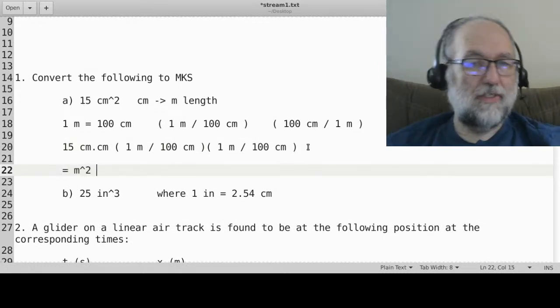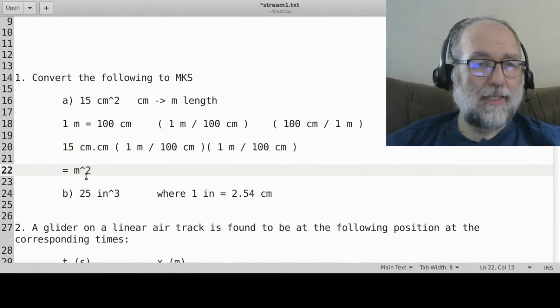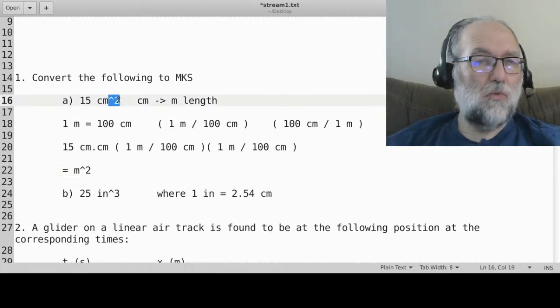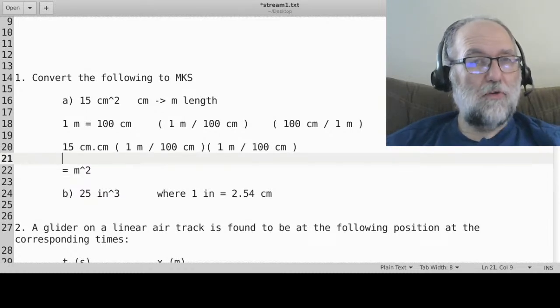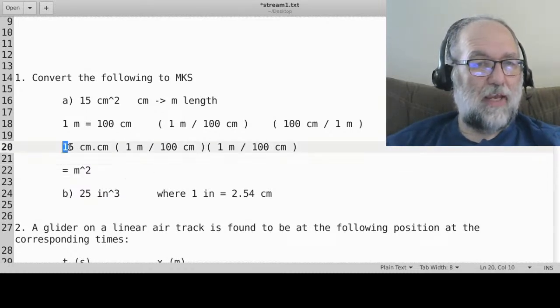Okay, I'll write in the number in just a second, but it has to come out in meters squared because the original was in centimeters squared. Basically, this whole problem is a length squared. So whatever the units are at the end, they have to be a length squared. Okay, so if you just divide 15 by 100 and then divide by 100 again, you will get the following